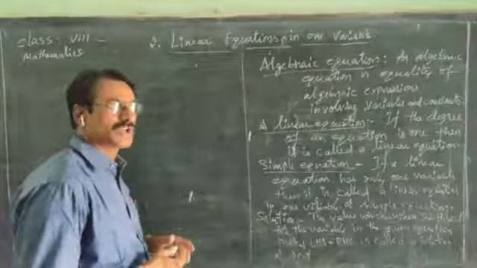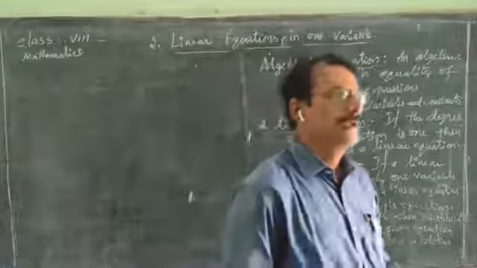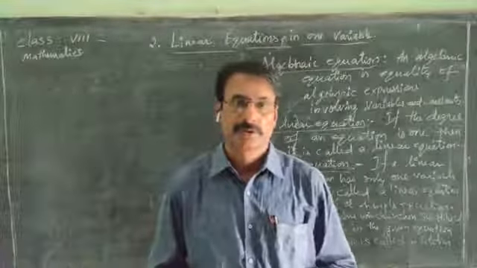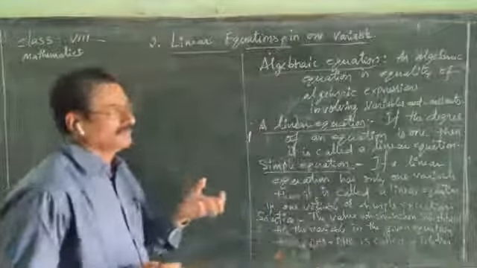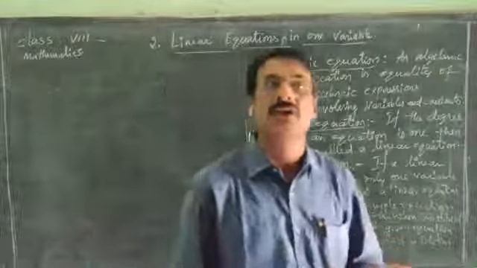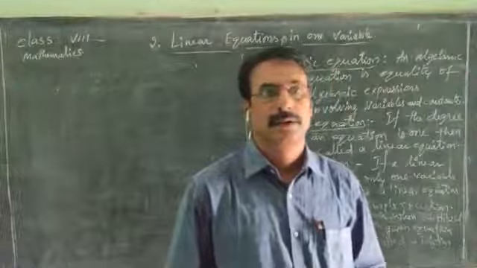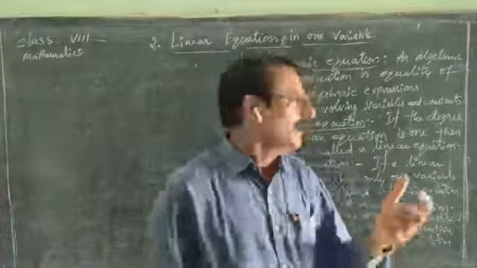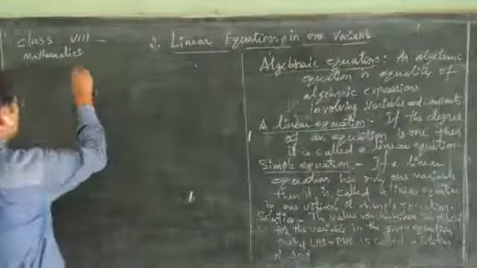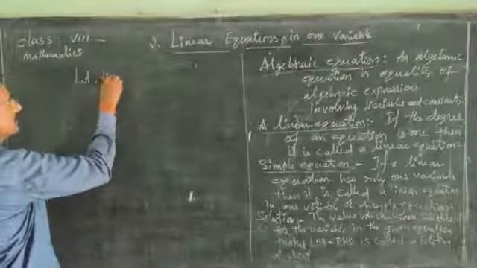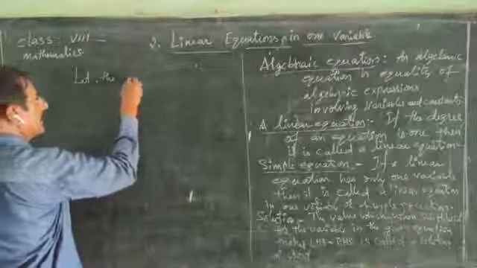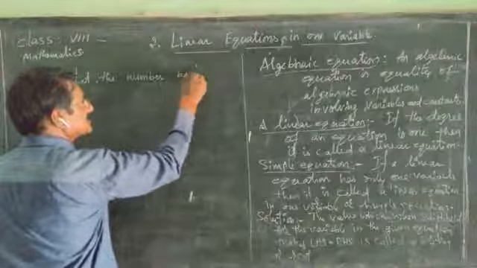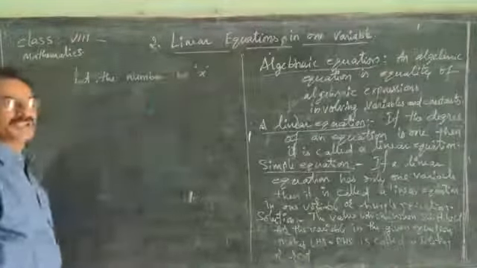Yes, how to solve it? Which number I think, you don't know. Which one we don't know is called a variable. Variable is nothing but unknown. Let the number which I think be x.